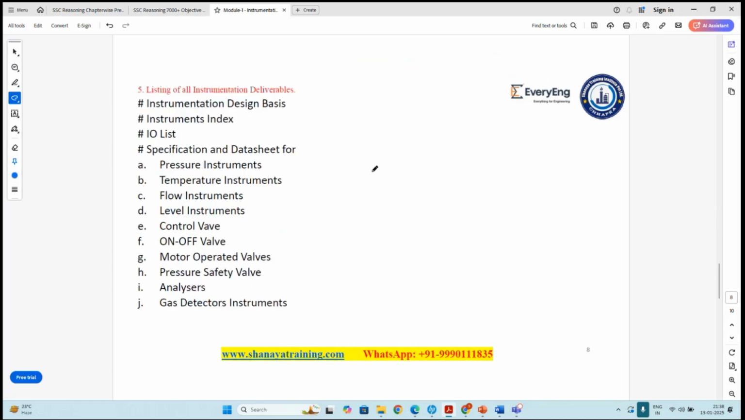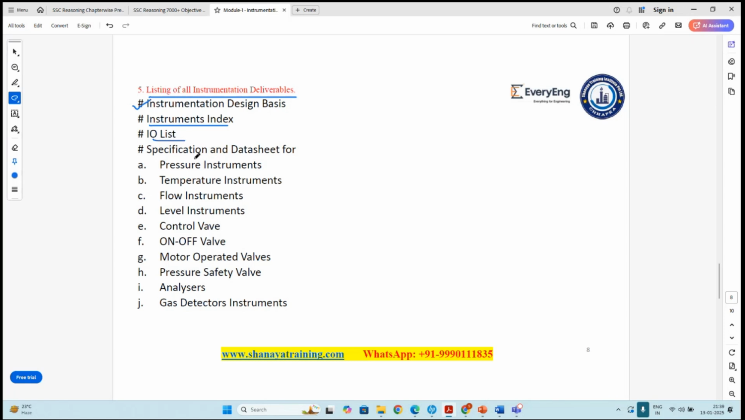Now we will discuss a listing of deliverables that we will cover in the future during this detailed design engineering training. What deliverables do we prepare in the instrument design department? You must know this, because if you go to an interview, they sometimes ask basic questions of fresher candidates, like what detailed design deliverables we prepare in the instrumentation design department. In that case, you must know the documents we prepare: instrument design basis,